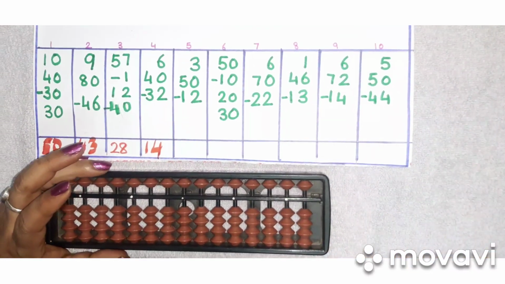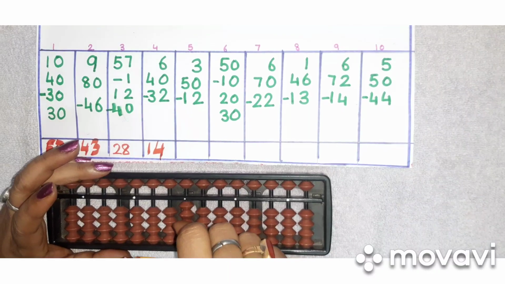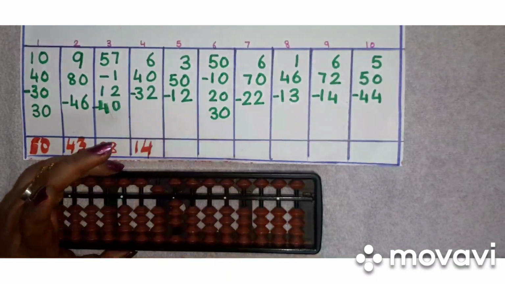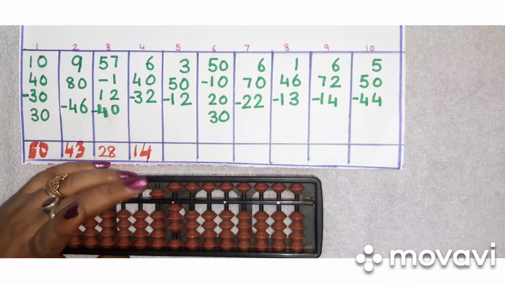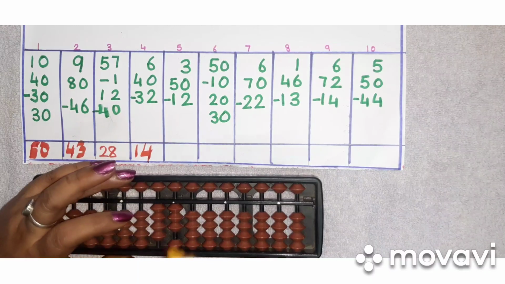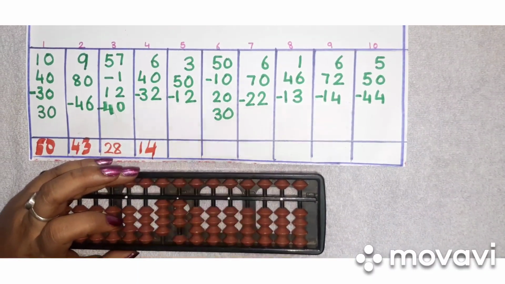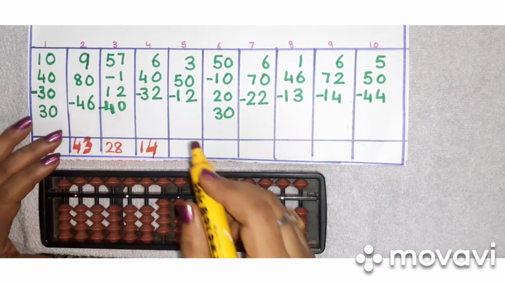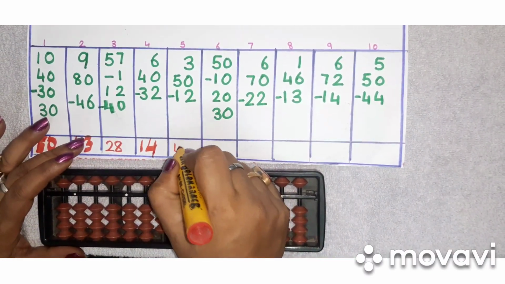Now the last sum, children, just see, pay attention on my fingers also, and recall the friends and do. 3 with the thumbs up, 50 with the big butterfly. Now children, less 12, not possible. So less 50, 10's friend is 40. So I have done 40 with the 10's rod. Now what about 2? 2 also is directly, so we can less directly. So it is 4, 1, 41.